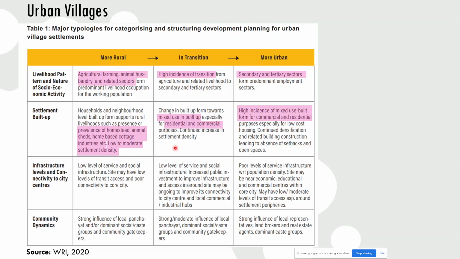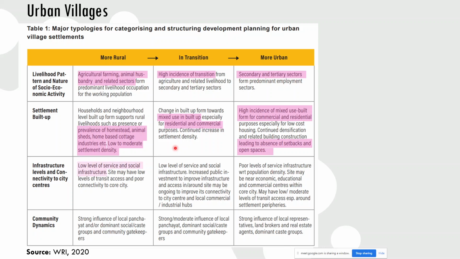So as it develops more into an urban village, there is a high incidence of mixed use built form. It usually comprises commercial and residential areas, and there is a high tendency of not following the development control regulations. So it is discussing the same thing, leading to the absence of setbacks and open spaces. So these are congested areas, very high density because it is accommodating the urban population within the village area. So the traditional development control regulations are often neglected in these urban villages. So this is how the settlement built up is changing from a low density residential area with some agricultural and animal husbandry activities to a mixed commercial and residential area with no proper adherence to the development